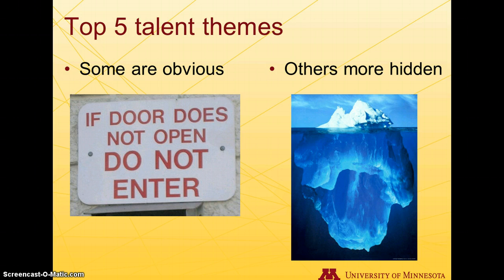One thing that might help you understand your top 5 talents is to know that people can use their talents in different ways. For example, one person might demonstrate their achiever talent by always being busy and doing lots of things all the time. Another person might show their achiever talent not by doing a million different things, but by making sure that they perfectly complete every single task they take on.